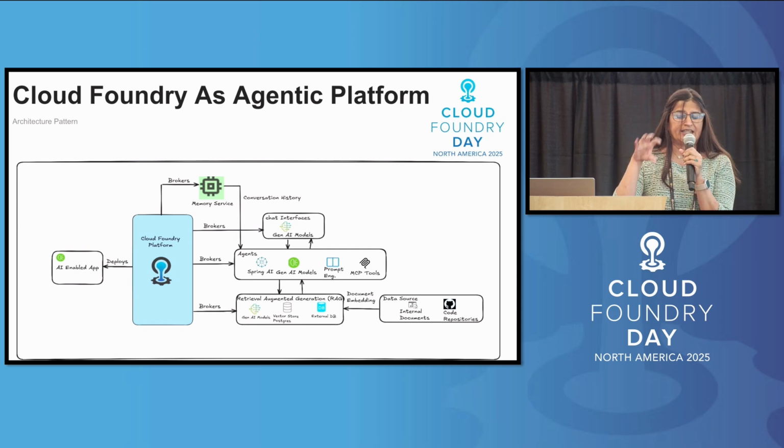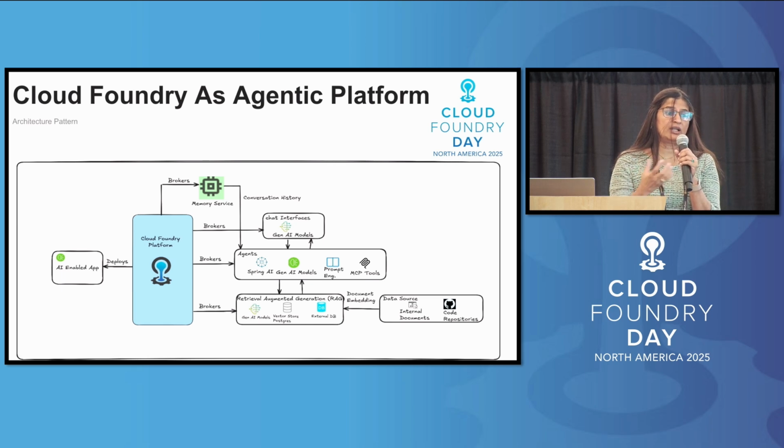These agents, in turn, need to connect to different Gen AI services. Like I talked about earlier, there are lots of integration points for these agents. So these agents need to connect to large language models, for example. Again, they can do this with the broker interface as well. They need to connect to data services, or external data, internal data. They can again do that with the simple service broker interface.